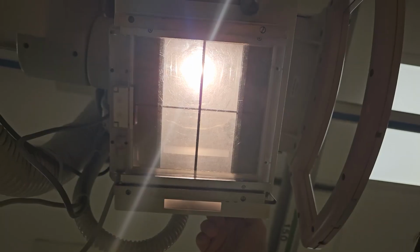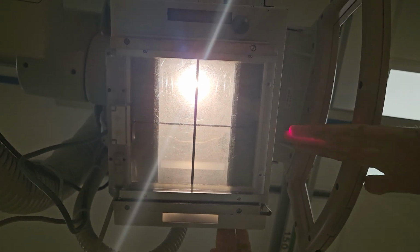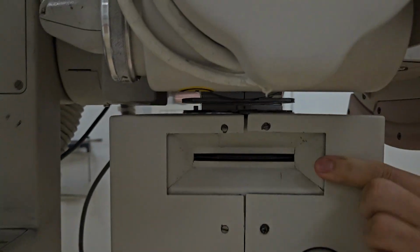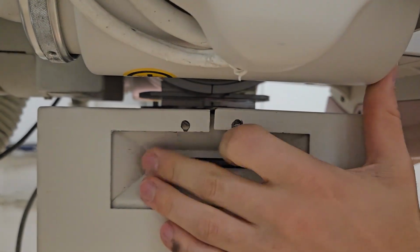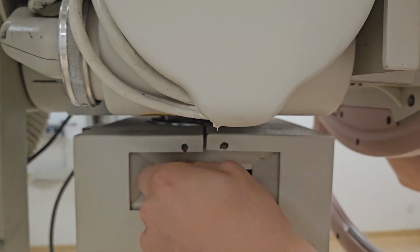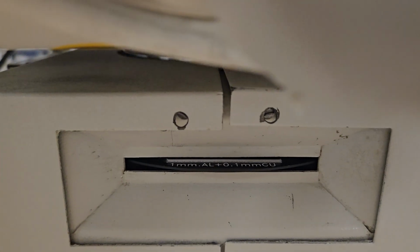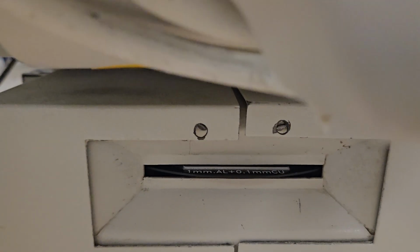Speaking of keeping the dose as low as possible, you can adjust something else on the device when it comes to imaging children. Namely, you can turn 1 mm of aluminium and 0.1 mm of copper in front of the tube so that the scattered radiation is reduced. This is called hardening. Scattered radiation is also exactly the reason why an operator must close the door during the imaging procedure. This plate is turned off for adults, otherwise the image becomes